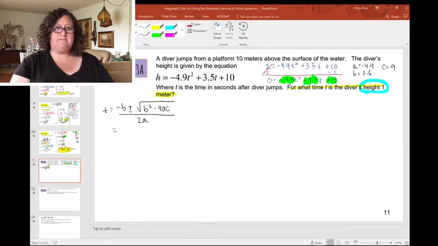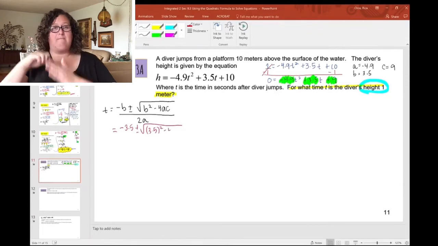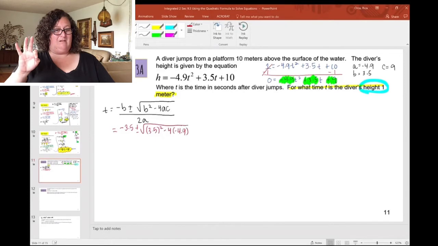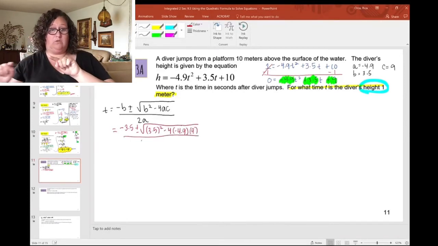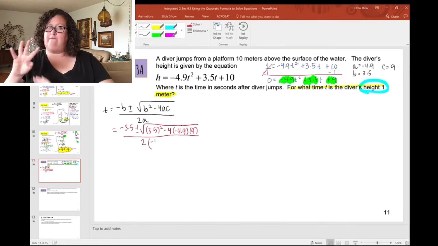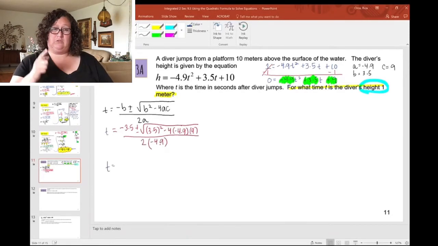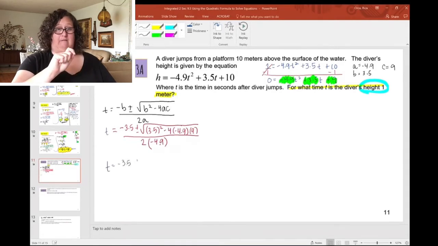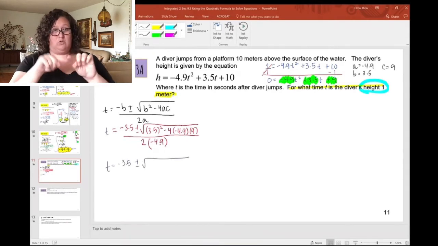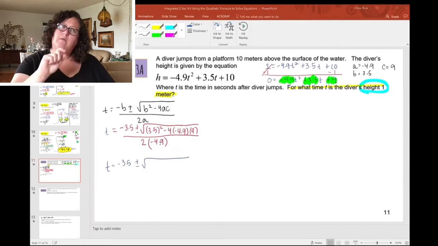So it's negative 3.5 plus or minus the square root of 3.5 squared minus 4, a is negative 4.9, times c, which is 9, all over 2 times negative 4.9. So this is equal to negative 3.5 plus or minus the square root of, okay, we need 3.5 squared, which is 12.25,